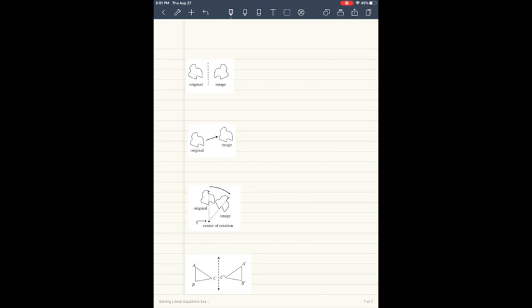So again, rigid transformations. What are they? Transformations, there's a couple different kinds. It's like an umbrella term, I like to call it, so it can cover multiple things. It is going to be something that maps each point of the figure to a new point. So I'm going to write this down. Maps